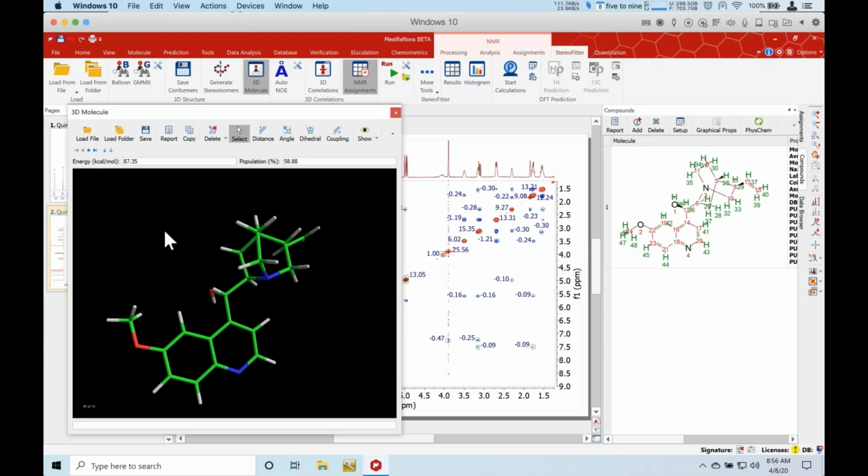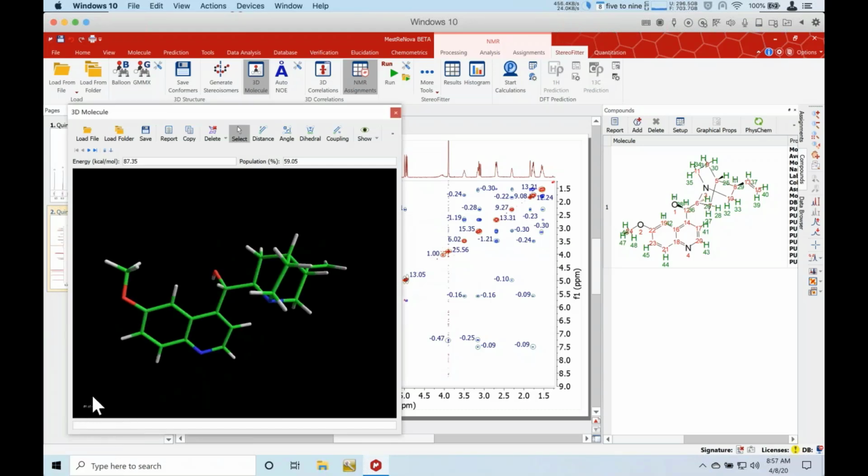Now 13 conformations, that's fine. We can work with all of those, and we can work with more if you like. Calculations just take longer. But for the purposes of speed, I'm going to show you another conformational selection criterion where we can do delete by energy level. So what I'm going to do here is pop up this window that says delete all conformers with energies exceeding the minimum energy conformer, that's this number over here, plus the delta value. Now I've just arbitrarily chosen anything above 3 kilocalories per mole. So anything above 90.37 will get deleted from the series of 13. So if I click the OK button,